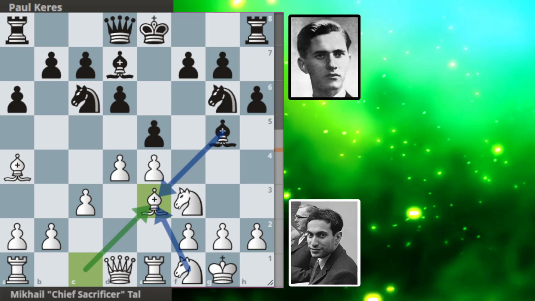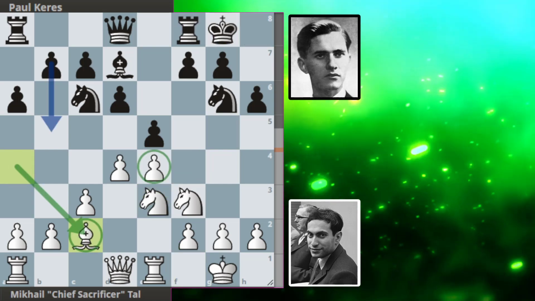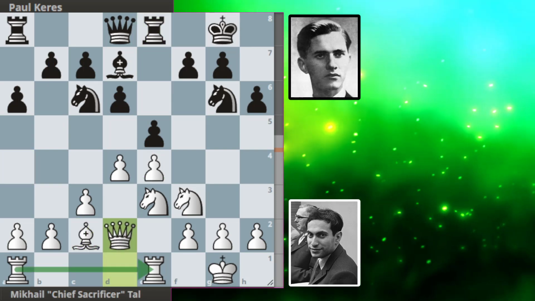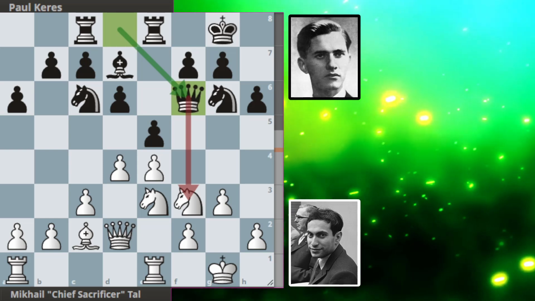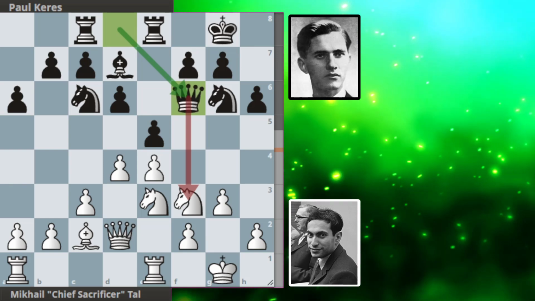If Paul takes his bishop, we get takes and castles from Paul. Bishop to c3 as b5 was looming. Rook to e8, activating the rook. Queen to d2, Tal just proceeding to connect the rooks on his side. Rook to c8, g3 from Tal, and queen to f6 from Paul, hitting the knight with tempo as the knight